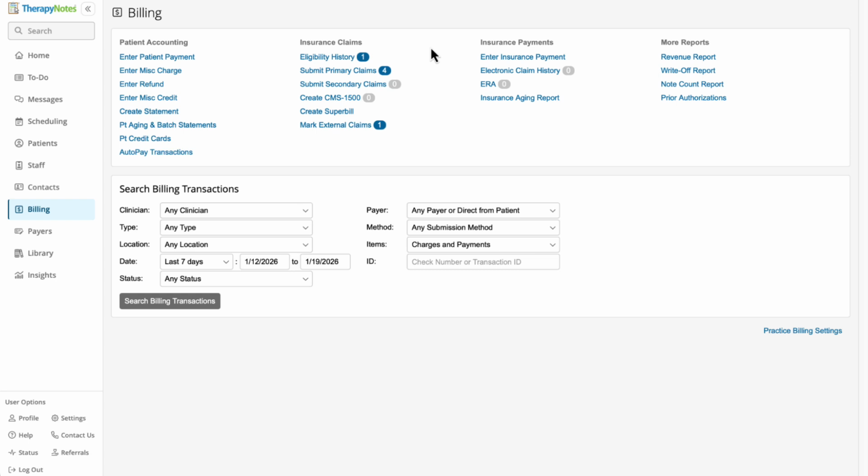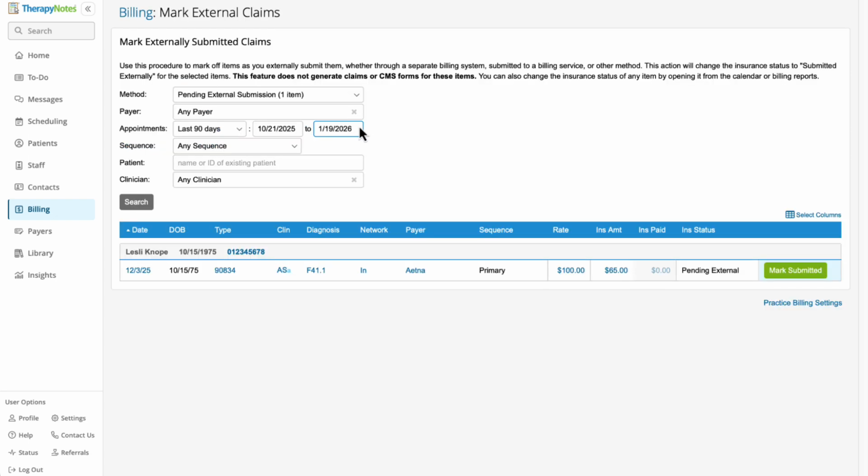To mark claims as externally submitted, click Mark External Claims from the billing page. Use the search filters to locate your specific date of service if it doesn't immediately appear below. After you have submitted the service manually via a method outside of TherapyNotes, click the Mark Submitted button next to the corresponding service. Regardless of the billing method you use, you can record your insurance claim payments by going to the patient's Billing tab,